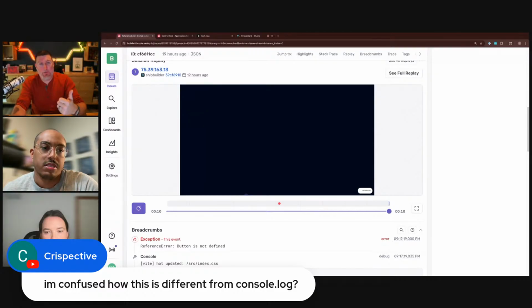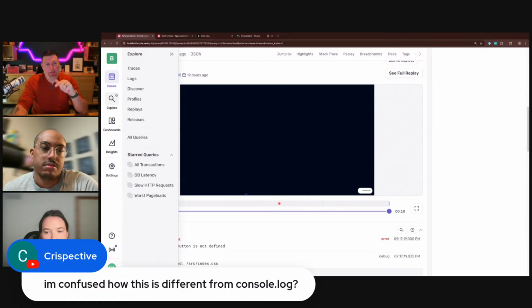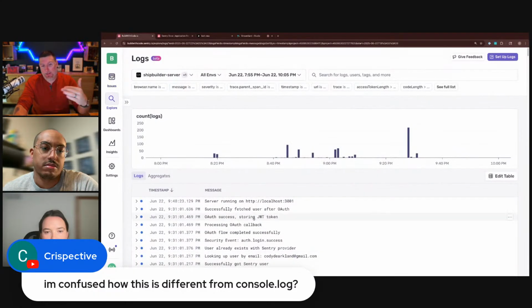So when the application reloads, for example, then those console logs are lost. When you're pushing them as log entries in here, they show up and they stay searchable inside of Sentry. And you can set up the integration to actually automatically send console logs into Sentry, so they're searchable always. And so it gives you just a central place to gather all of these up alongside the details of who